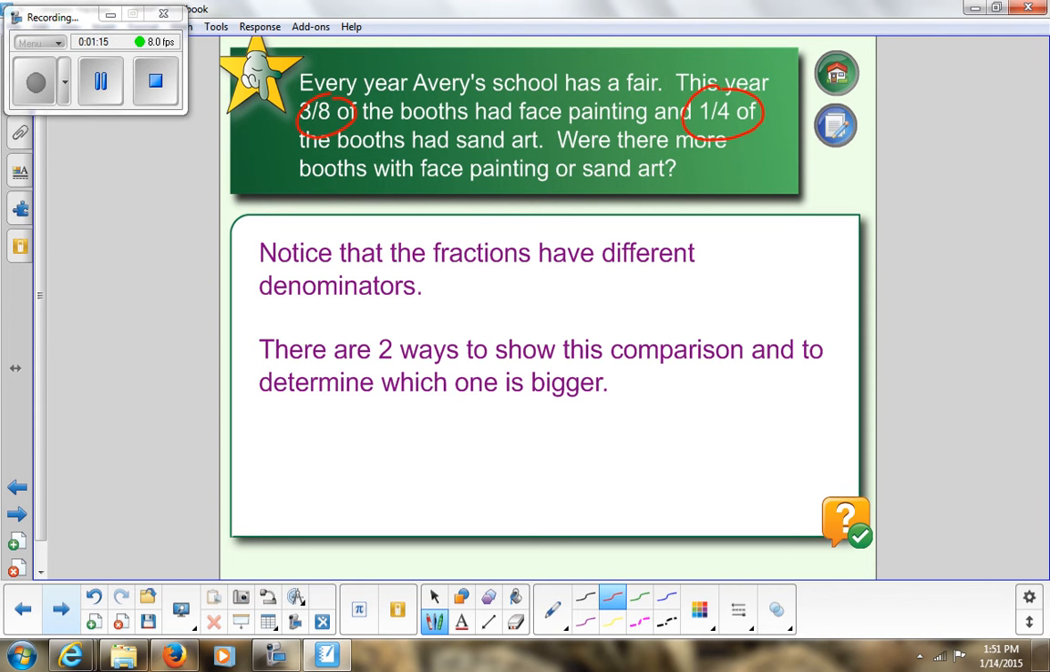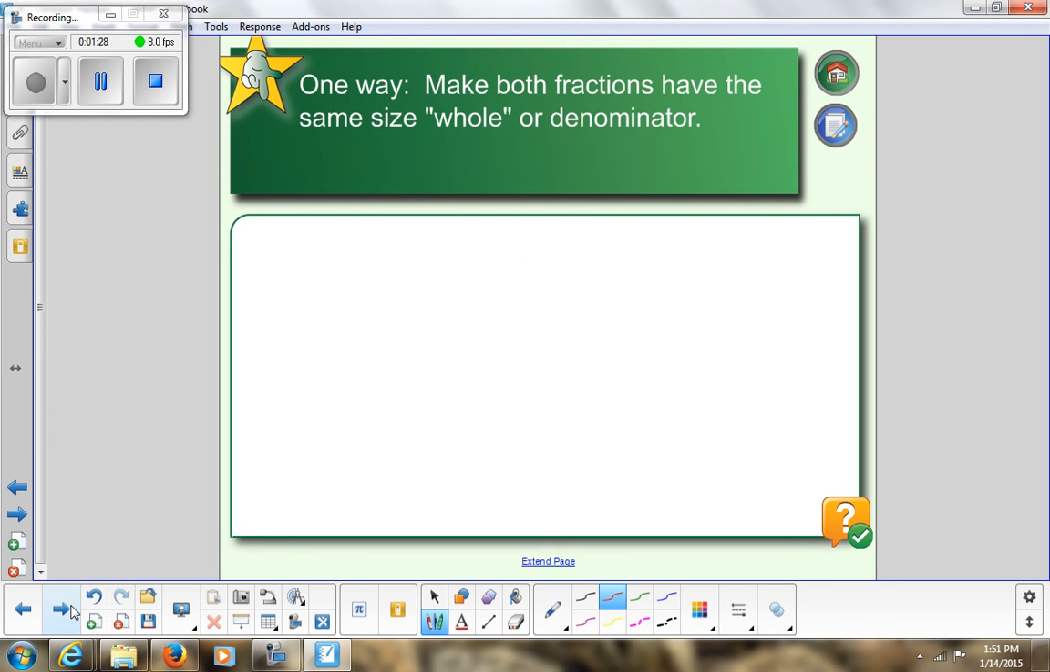The first thing we need to notice is that the fractions have different denominators. We have 3/8 and 1/4, so we have an 8 and a 4 here. And there are two ways to show this comparison and determine which one is bigger. Let's write these down. The first way is to make sure both fractions have the same size whole, or denominator. This is what we were working on last week with